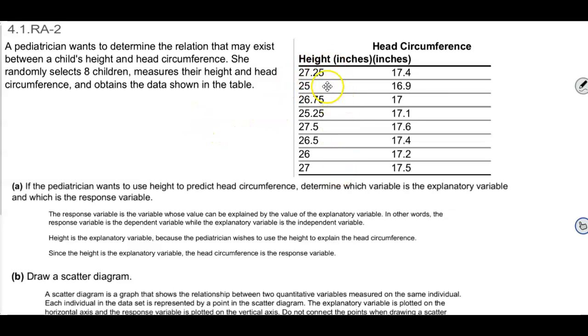The first column is the height in inches. The second column is the head circumference. If the pediatrician wants to use height to predict head circumference, determine which variable is the explanatory variable and which